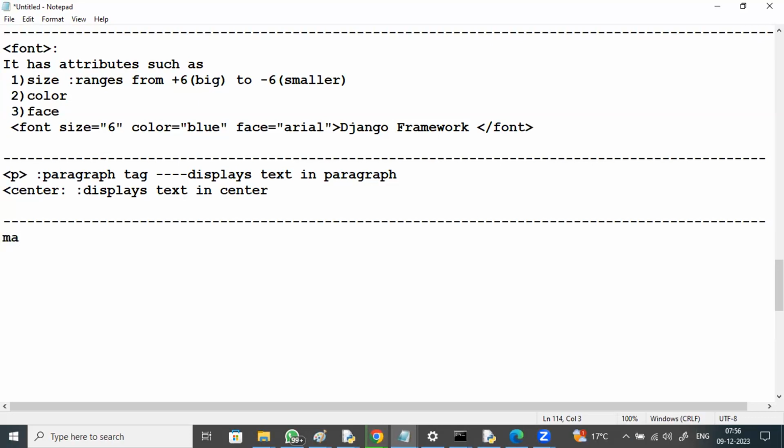Next, marquee. It displays the text in scrolling form. Displaying the text in scrolling form, right? For example,